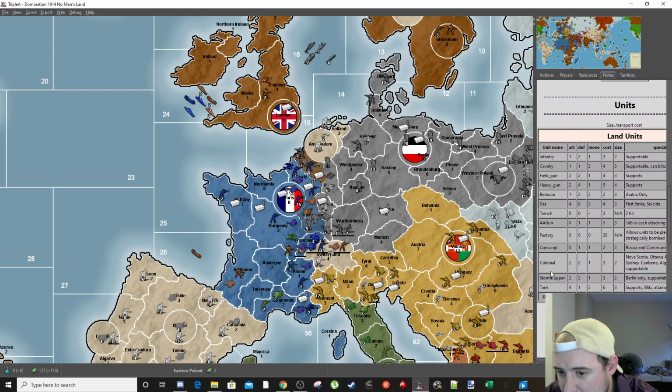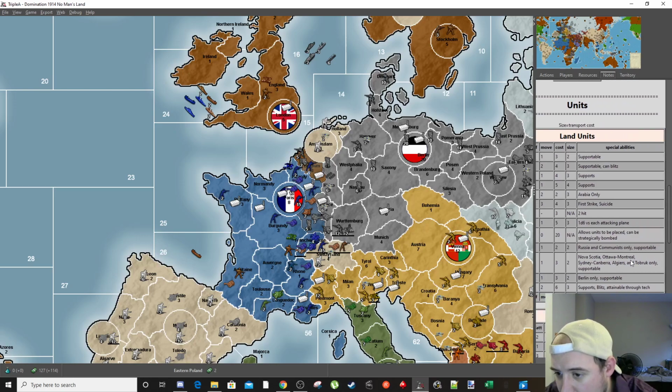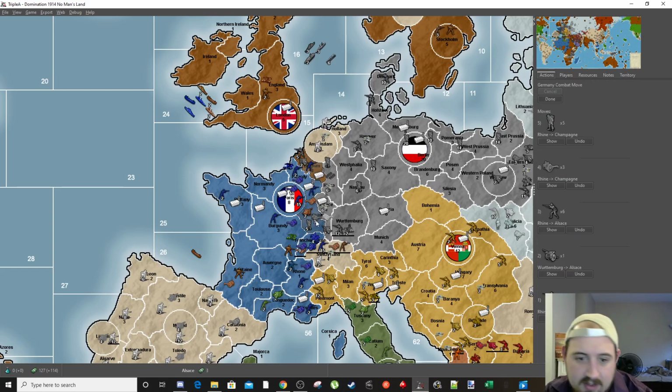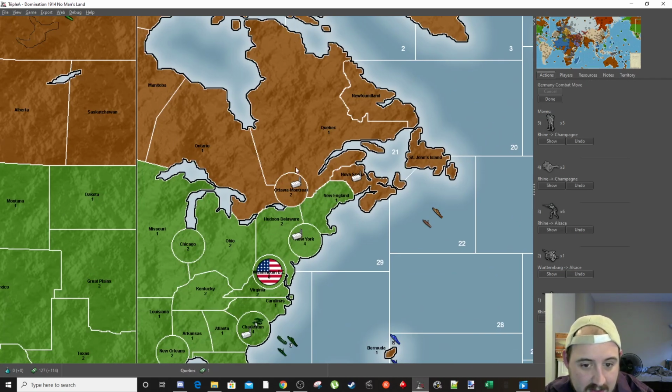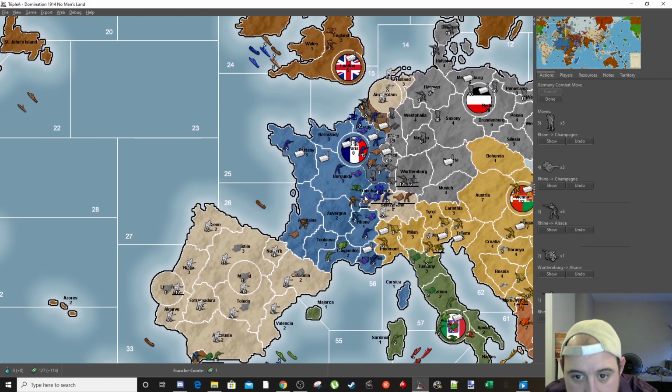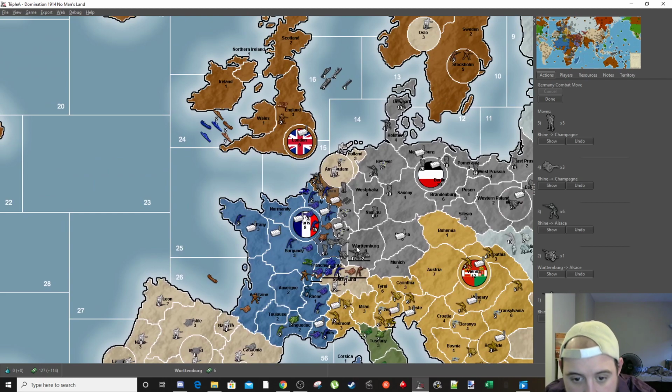What does it say about those colonial? Nova Scotia, Ottawa, Montreal, Sydney, Algiers, Torbrook. Cool. So they're the Canadians. The Canadas. Hardcore, bro. So this is a lot then. This is 8